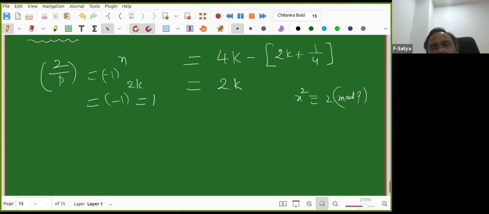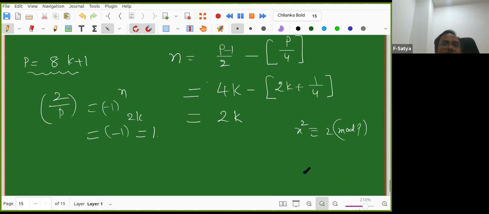You see the beauty now? If you want, you can check. For example, what is the smallest prime of the form 8k plus 1? 17 only, right? So in 17, do you have a solution for this? I'm just checking once. You cannot do 2 square, 3 square, 4 square. Now 5 square onwards only we have to do.